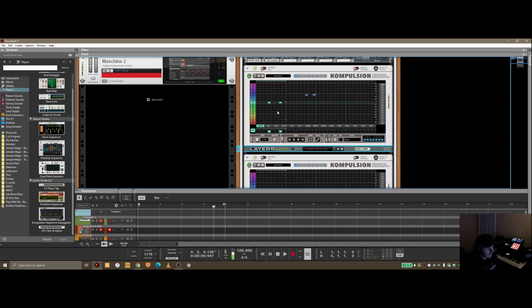So if we just take a look at the first one here, I'm using the gate here to trigger these particular notes. You can slide this scale up and down here. You can mess around with the different scales down here, and you basically just, same as you do with Propulsion, click on the cell where you want the gate to fire. So if we just play this one on its own,